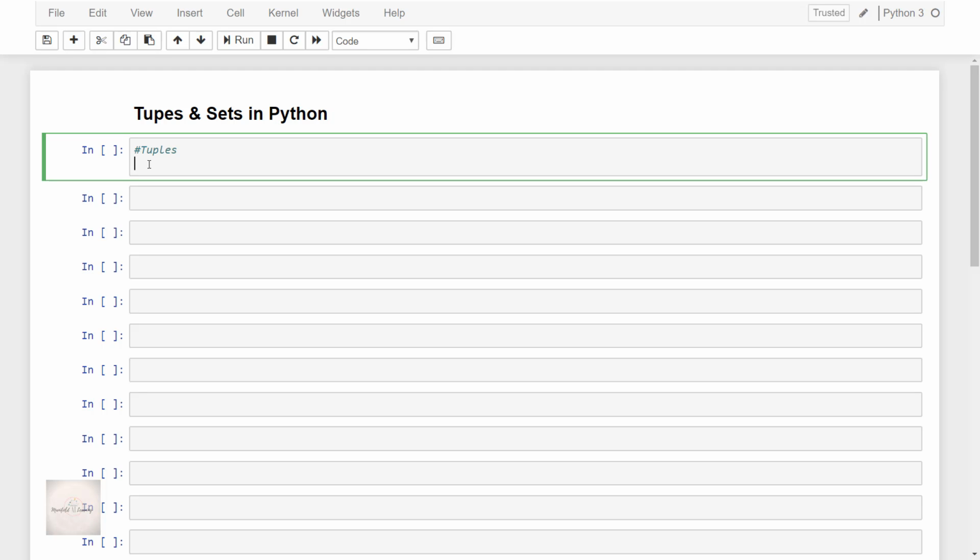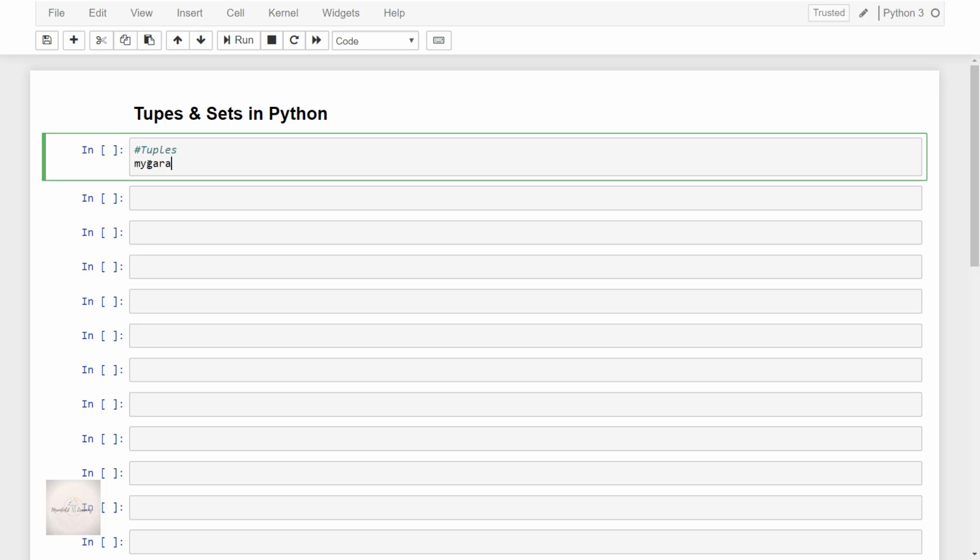In this video, we are going to learn about the Python tuples. Tuples are also used to hold together multiple objects. You can think of tuples as similar to lists, but without the extensive functionality of modifying them. That means once the tuples are created, you cannot modify it. So what I'll do is I'll create a new tuple and show you how it looks like.